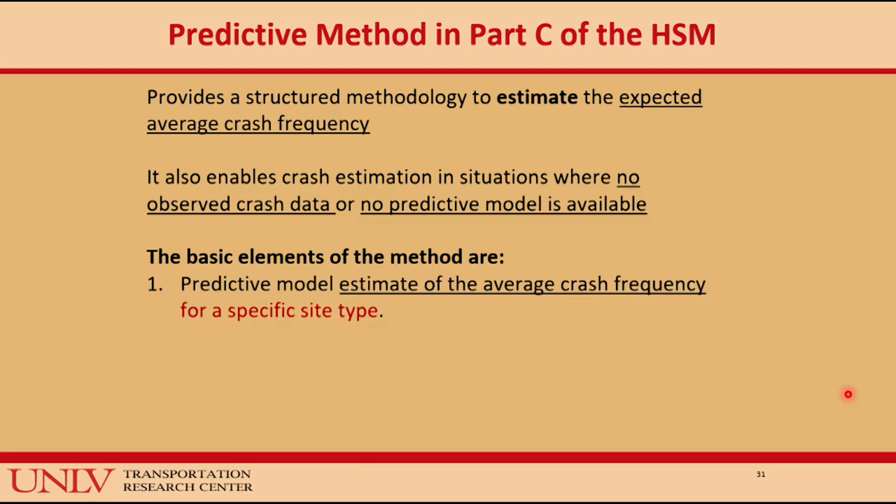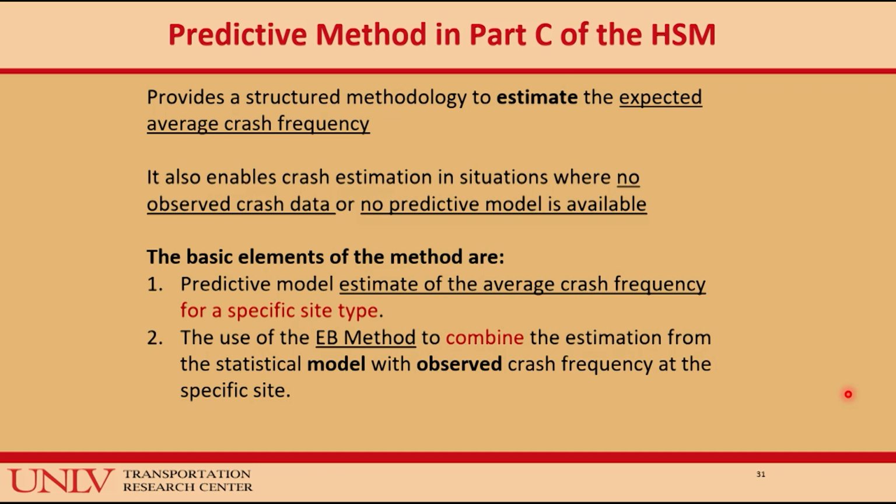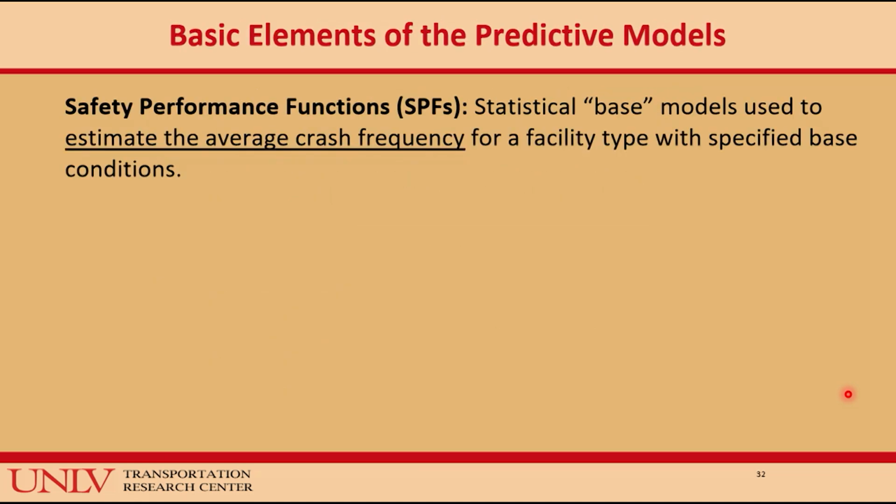The basic elements that we need are historically what have we had for a specific site. I keep coming back, so what is it, right? Rural, is it an intersection, is it 3-legged, 4-legged, and so on, as stop control, traffic signal. Is it a corridor, a roadway segment? So be sure that you are using the right context. And this is based upon, if you haven't studied it, the empirical-based method of analysis to combine the estimation based on statistics of historical observed data to come up with what might be in the future.